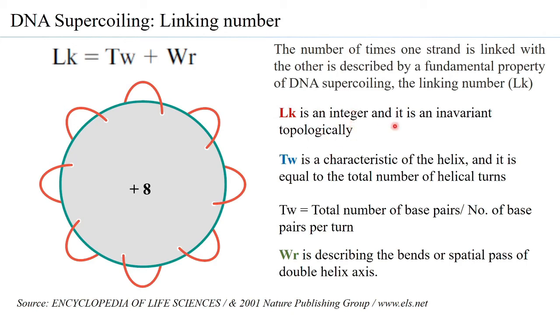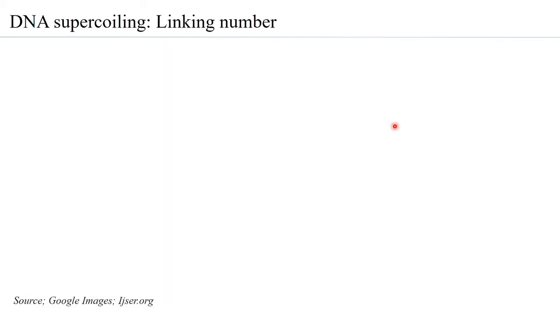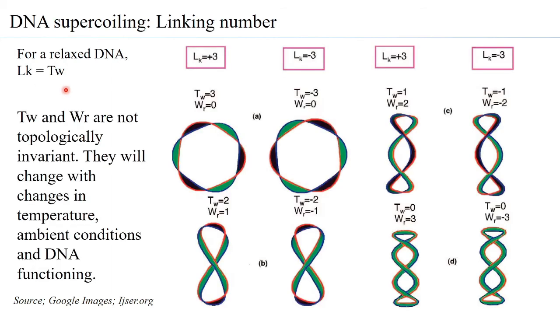Okay, now we will try to understand what we mean by this. For a relaxed DNA, that means a DNA that has no supercoils, the linking number is equal to the twisting number. But in the same DNA, suppose you have the twisting number and the writhing number. We are considering that the linking number is invariant. So say for example, the linking number is 2, correct? Then if the DNA is relaxed, the linking number is going to be 2 in a relaxed DNA. So let's consider this as an example itself.